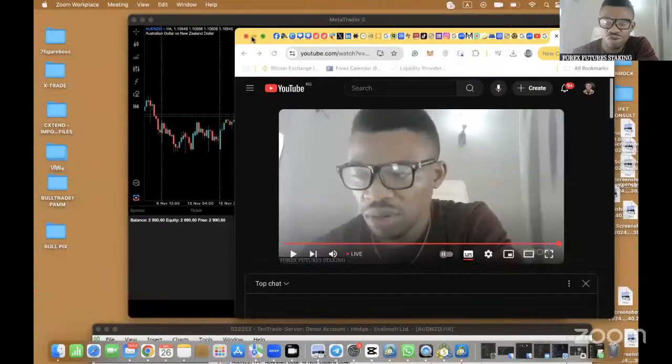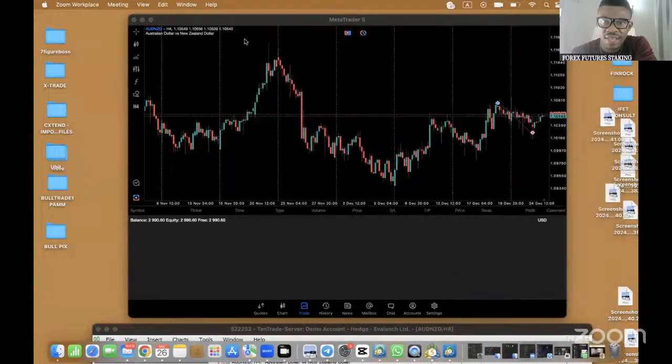How to set your risk management on MT4 or MT5. How to set your risk management on MT4. Of course, this will permit you to trade anything on MT4, be it CFDs,